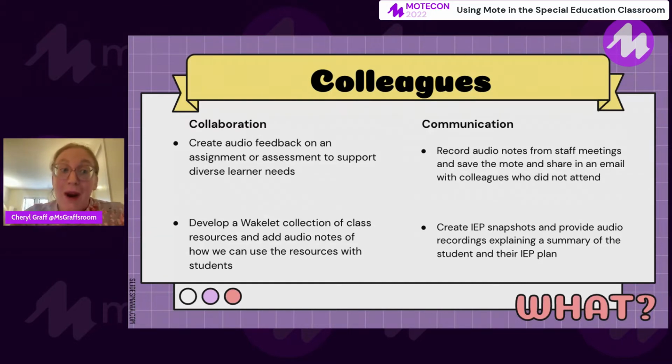And how I integrate Mote is I actually add in comments about how we can use a particular source. So one of the classes that I co-teach is biology, and there's a lot of things that you can do with biology. One of my favorite units is the DNA unit. I found a lot of different resources about how we can have students build their own physical DNA models or virtually. And I have added in comments and provided different resources and added in audio comments to my